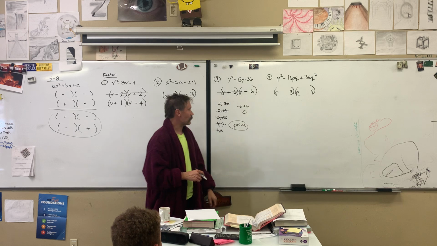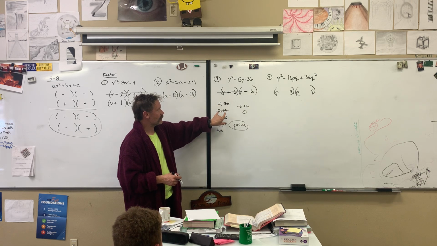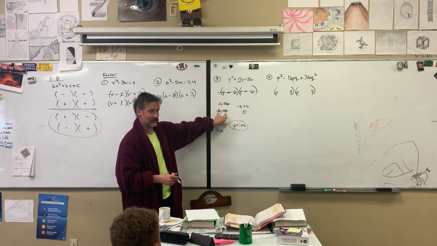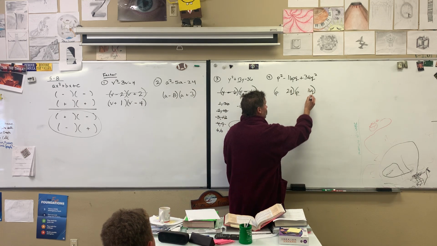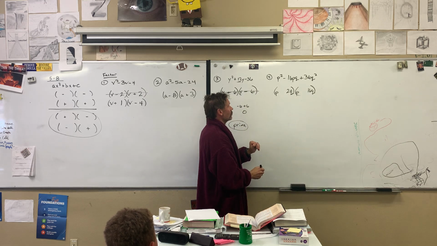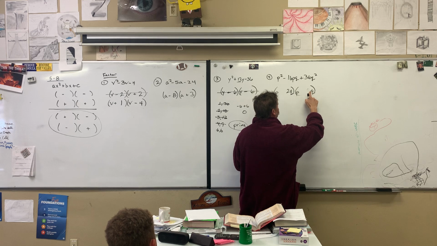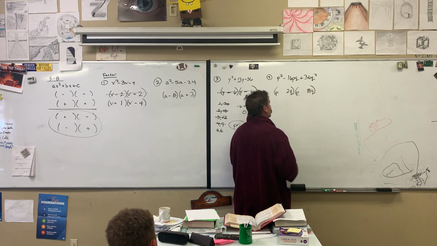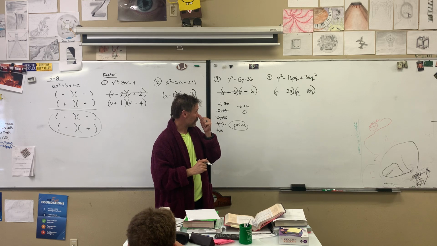We actually kind of did the work over here. Did 1 and 36 get us to 16? No. 2 and 18 get us to 16. Yeah, you bet. So we're going to go 2, and we're going to go 16. Because we know, I'm sorry, that is wrong. 18. 2 and 16 is 32. Yeah, 2 and 18. There we go. 2 and 18 gives us the 36. And now then the question is